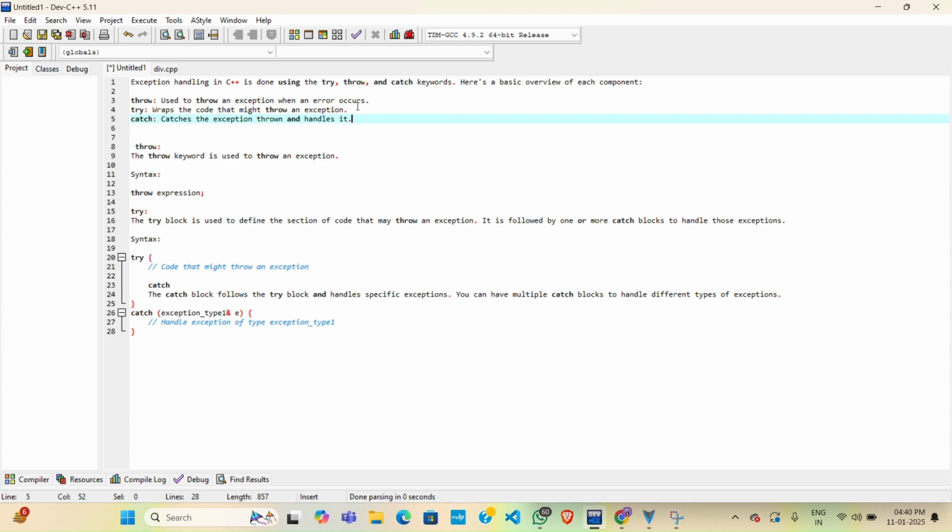Throw is used to throw an exception when an error occurs. Try wraps the code that might throw an exception. Catch catches the exception thrown and handles it. So let's see the syntax of try, catch, and throw block. Throw. The throw keyword is used to throw an exception. Syntax: throw an